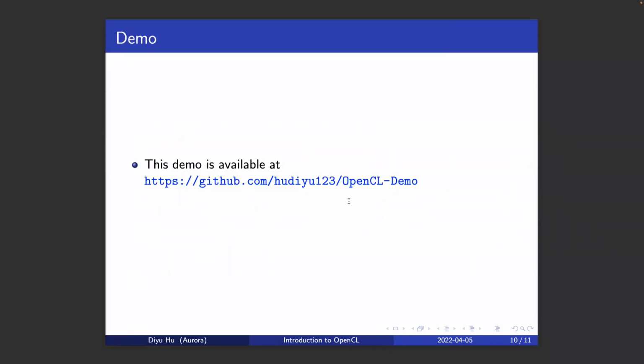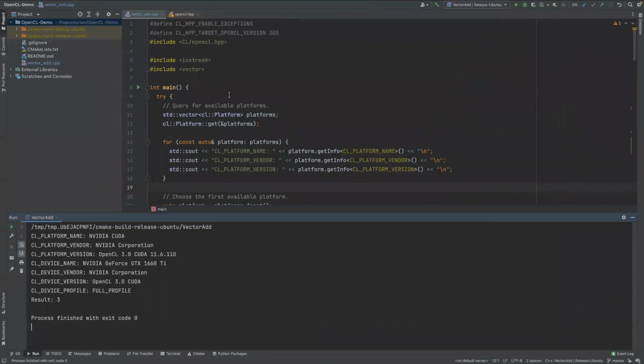And lastly, I will give a demo to show you how to program OpenCL. This demo is available at the following repo URL. Basically, this program is really simple. It is just a program that calculates vector addition,